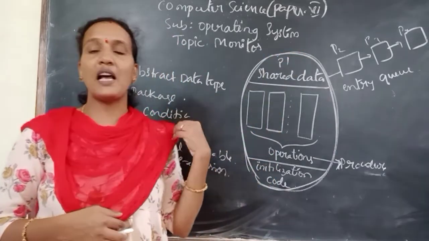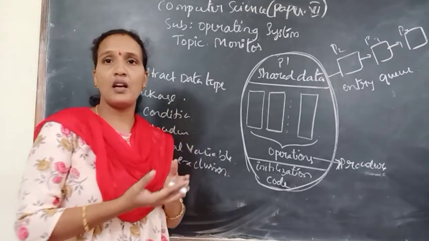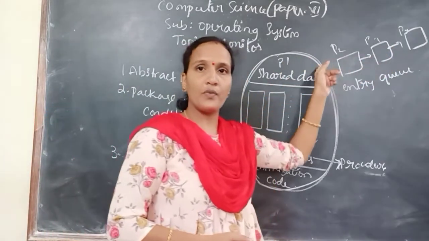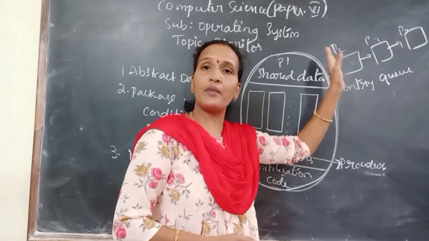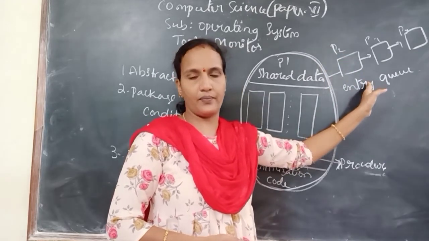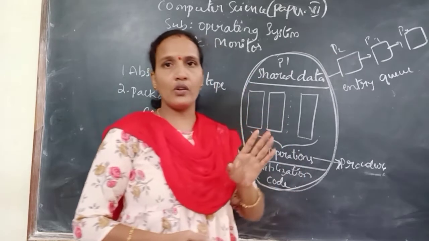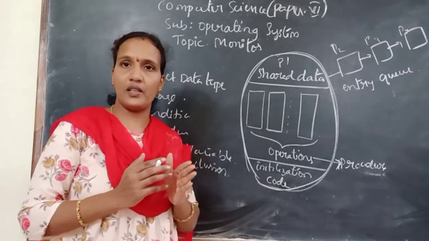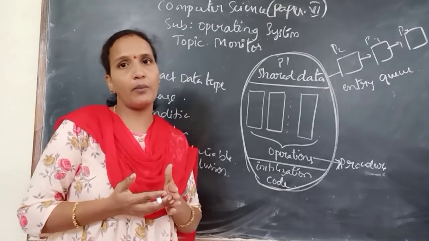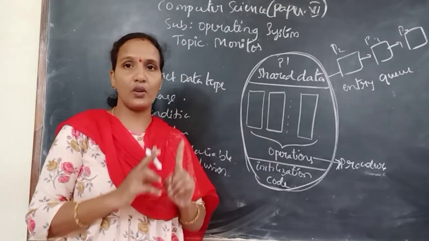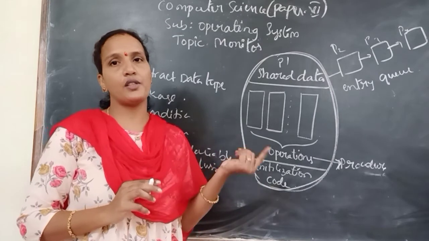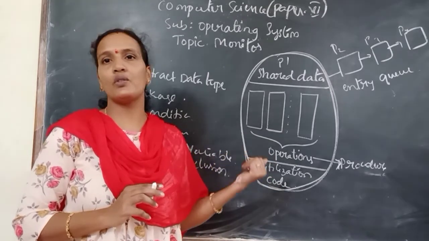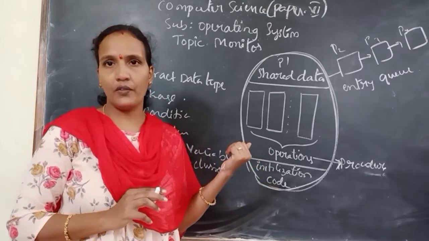So whatever processes are waiting for the monitor need to form a line. This is called the queue: the queue which contains the processes that are waiting for the monitor. According to the rule, the main advantage of the monitor is that it provides mutual exclusion. Only one process can run at a time, and another process needs to wait if it wants to use the same block. Clear to all of you?